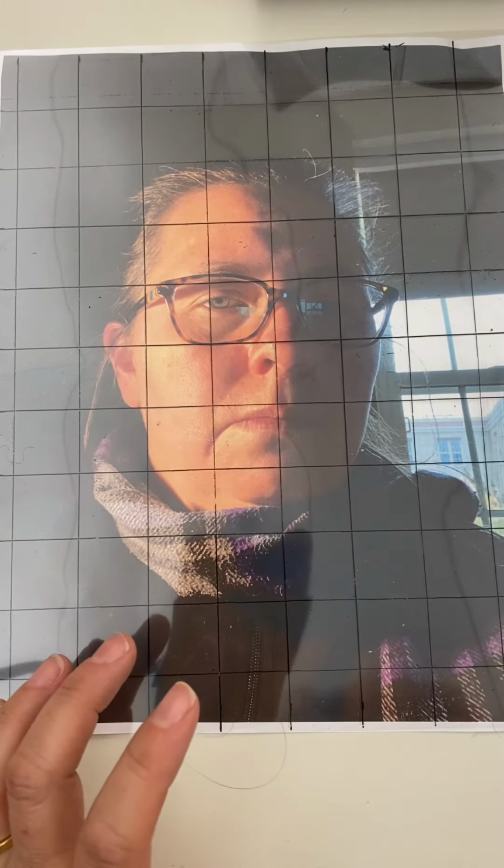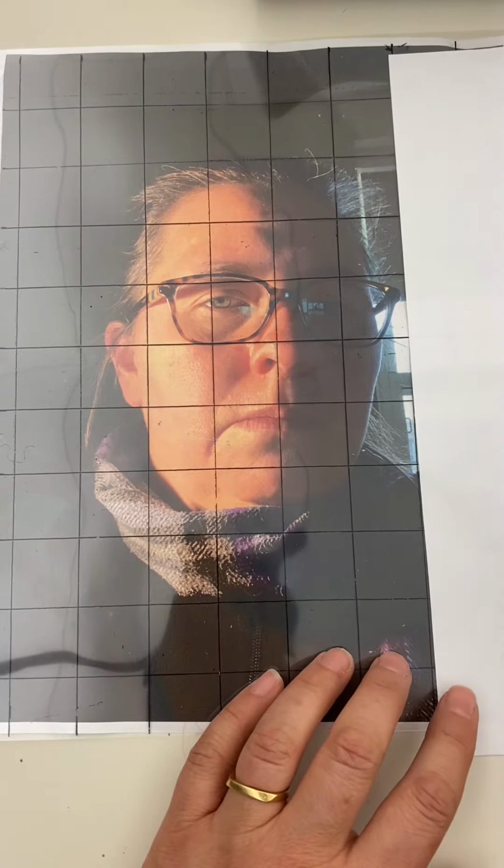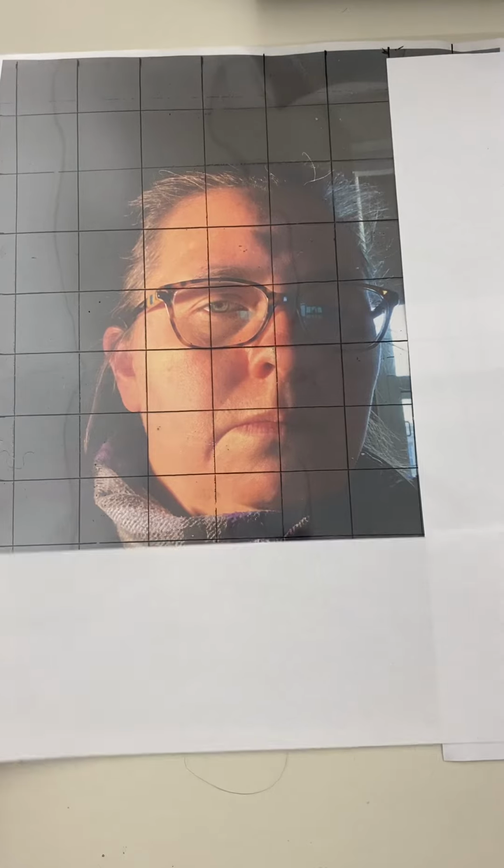And then I can decide, if I want to make my job easy, I can keep this as a 1-inch grid and then draw on a 1-inch grid. I'm going to be a little bit more complicated, for those of you who want a little bit more of a challenge, and I'm going to take some white pieces of paper and decide that maybe I don't want so much of the background. So I'm going to use the grid squares. I'm not going to try to do a half a grid square. I'm going to go for a full size,